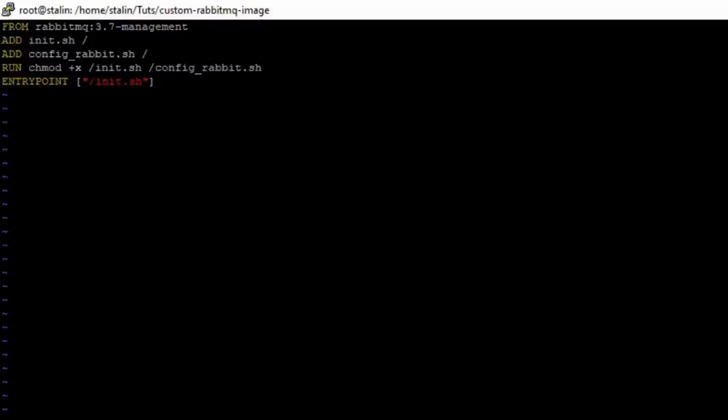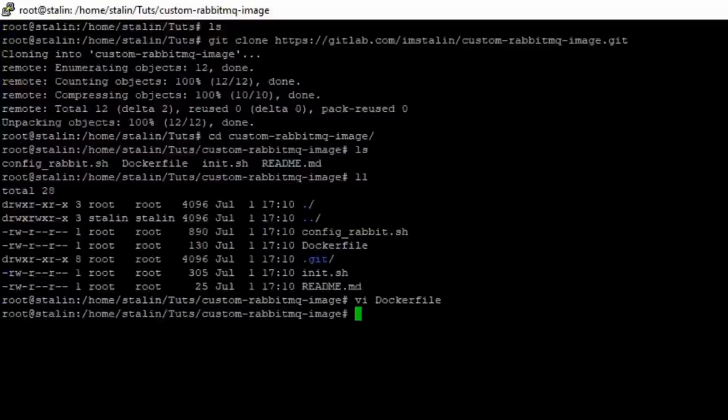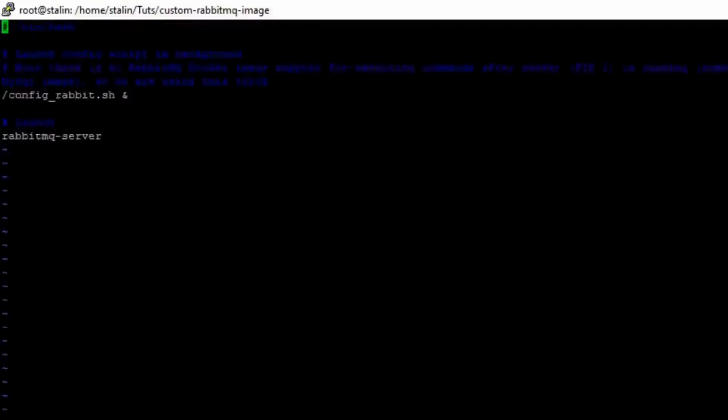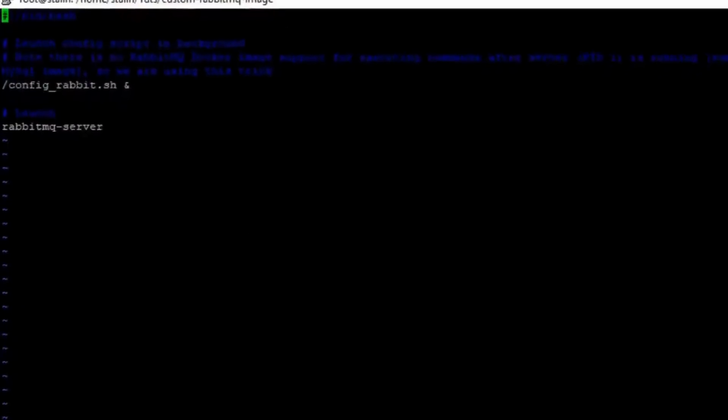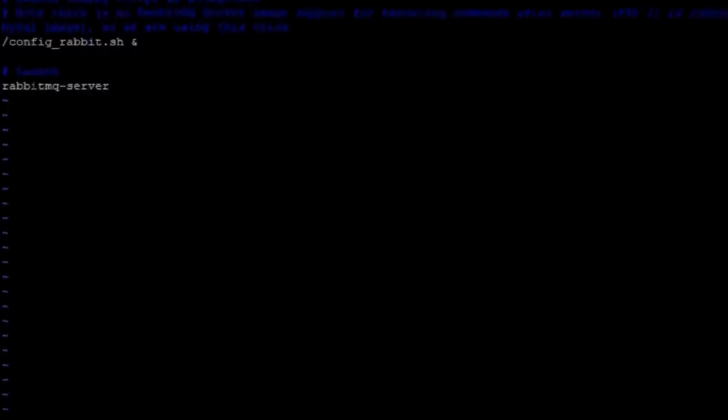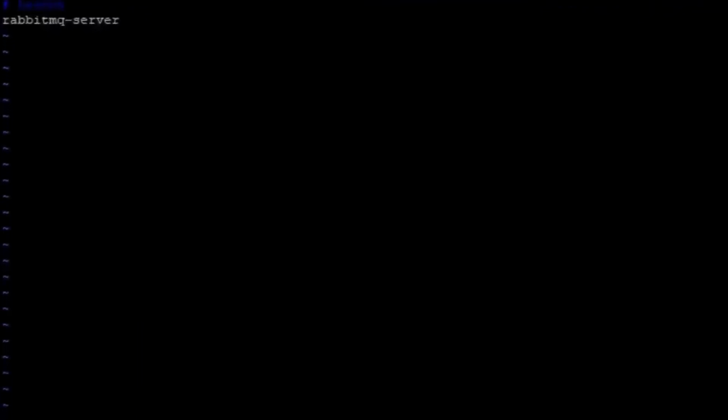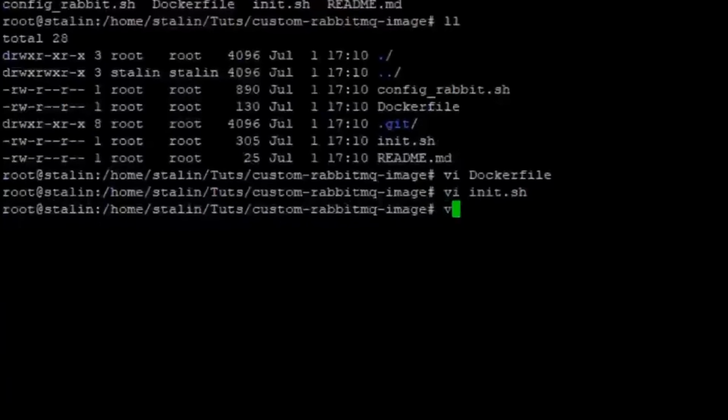Let me go inside what we have inside the init.sh. Inside the init.sh, we are executing the shell script config_rabbit.sh and launching the RabbitMQ server. This also looks pretty simple. And let me go to what we have inside the